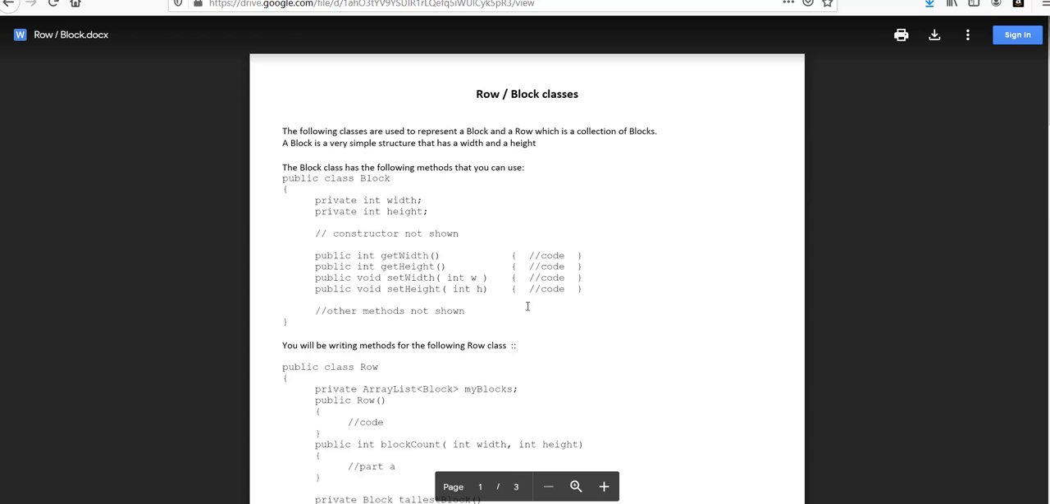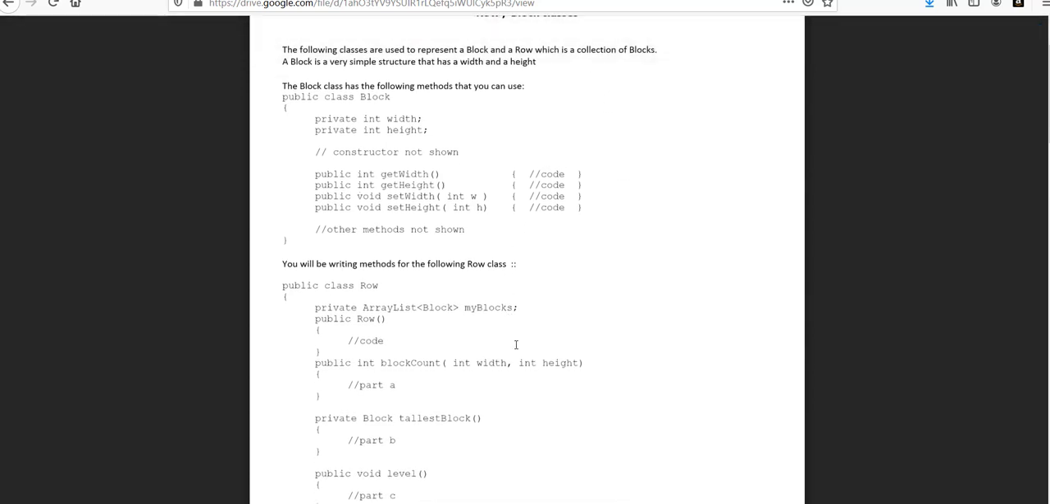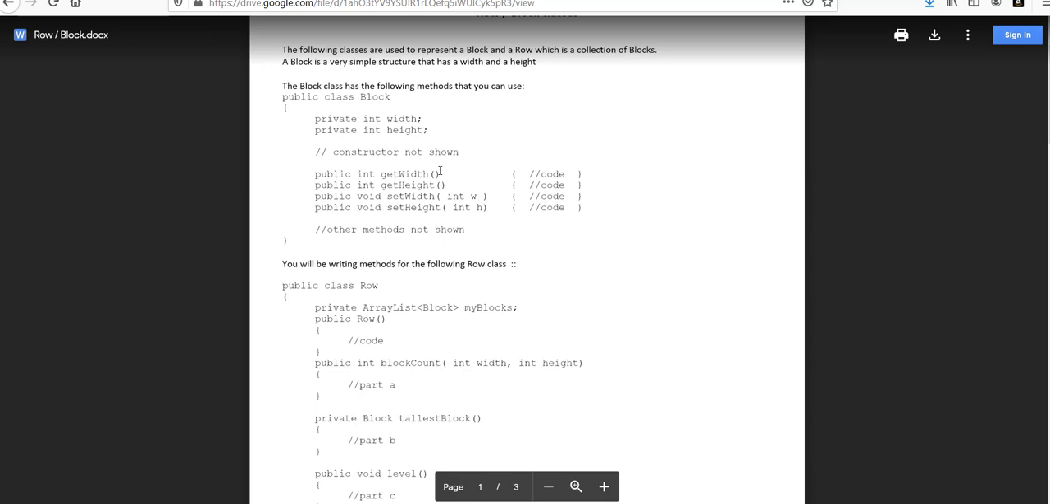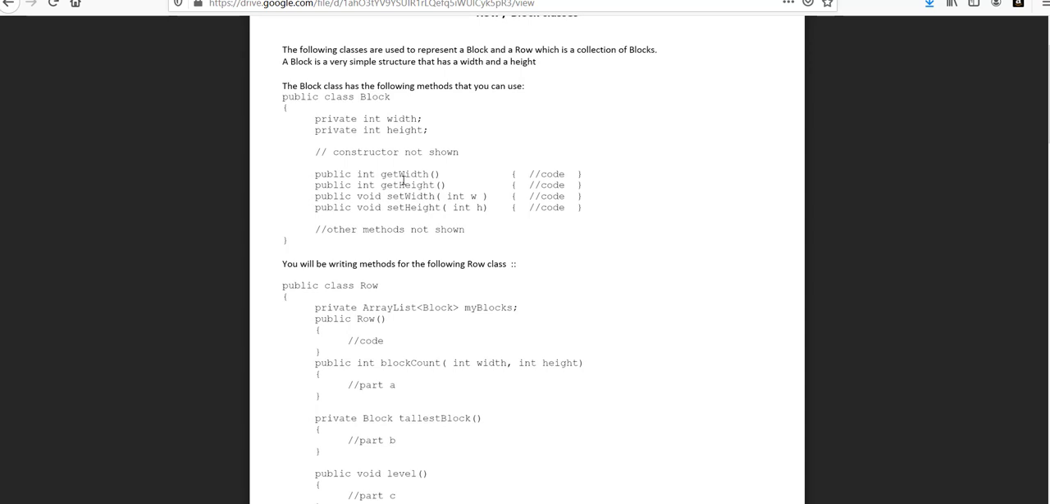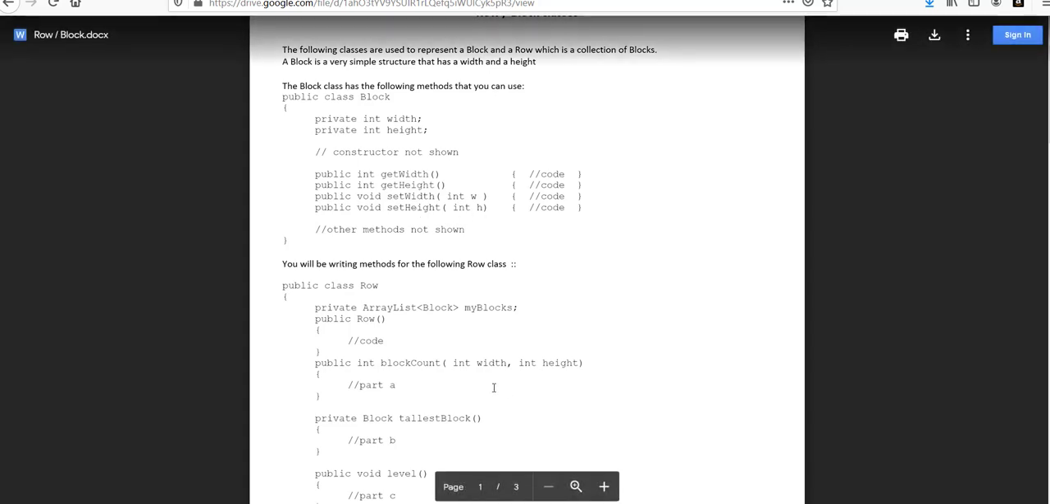project. So we have two classes, and the basic class is the block class, which has two instance variables. And we've got some accessor methods, the get width and the get height, and we've got the modifier methods, set width and set height. And you will definitely need to use one of these when you work on a method